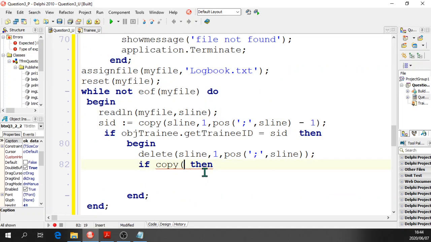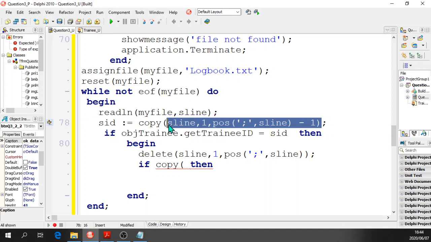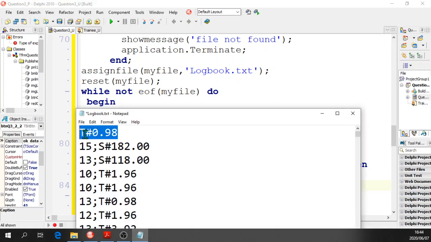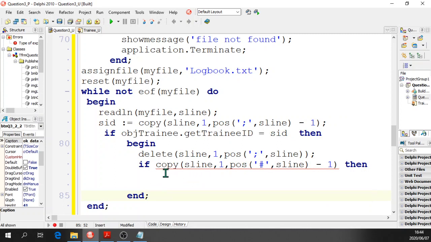So I'm going to use my method again of copying from that S line, the position this time of the hash, because whether it's a T or an S is going to be shown here. Position of the hash minus 1, we'll get a T. Okay. Then, if that is equal to a T, then